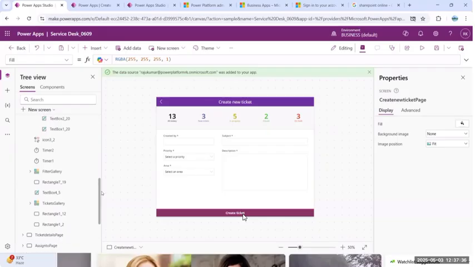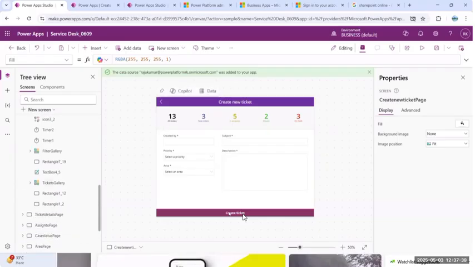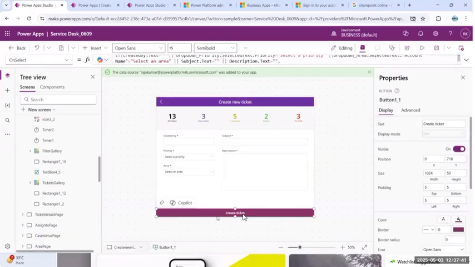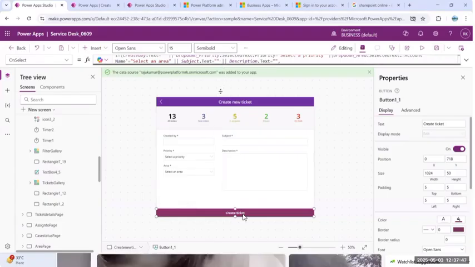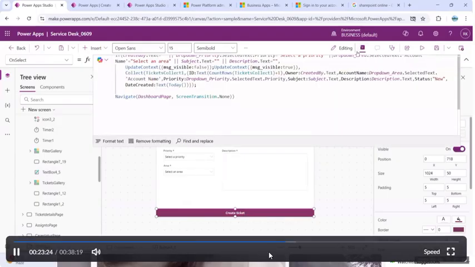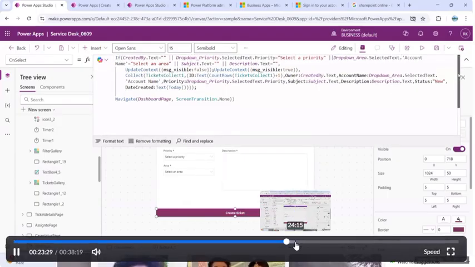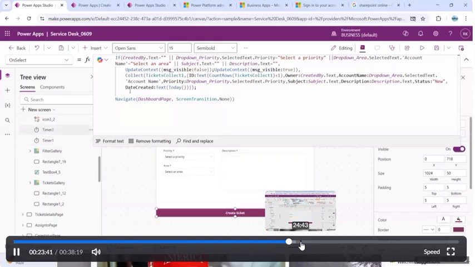Okay, we can use the form, but after that we need to use the formula, create ticket. So in this you can see what the formula inside it is. For submitting, creating the data, you need to use the SubmitForm function, Patch function, UpdateContext. There are two types of variable, right? Global and set variable. The global variable we can use on any screen, and the set variable